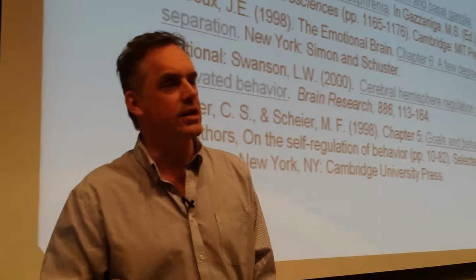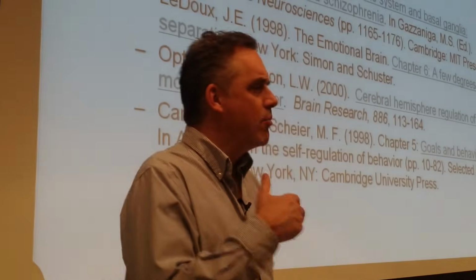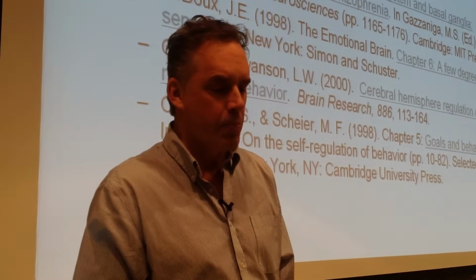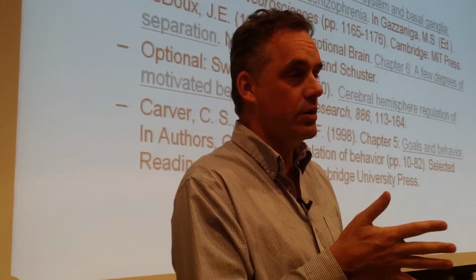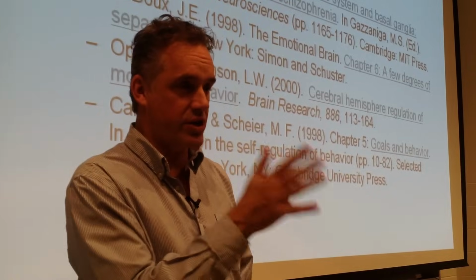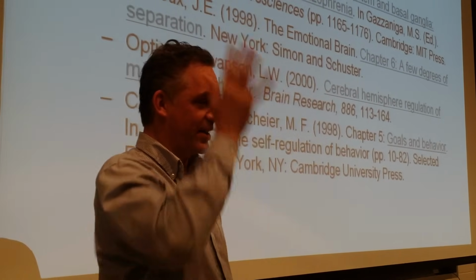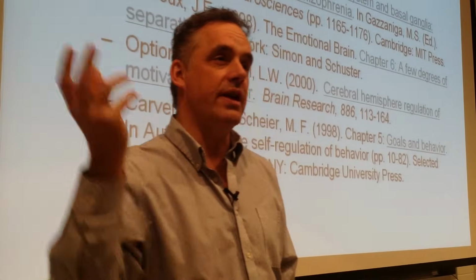Now, Swanson has put forth a very intelligent basic classification structure, and part of the reason that I think it's so relevant to a personality class is because it maps in a beautiful way onto some of the things that we've already talked about, especially Piaget. So there's a nice direct mapping of Piaget's developmental theory onto Swanson's theory of neurodevelopment and then of neural function,